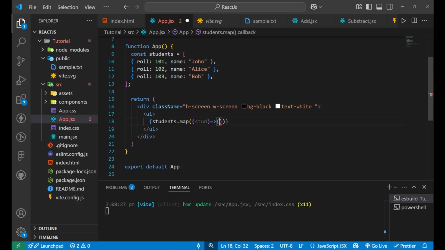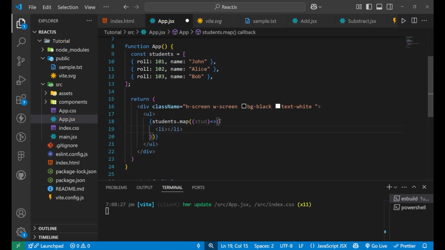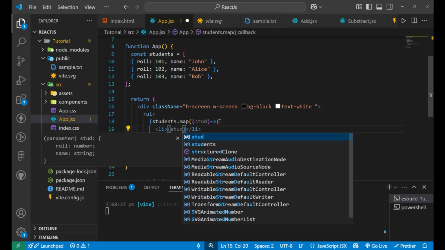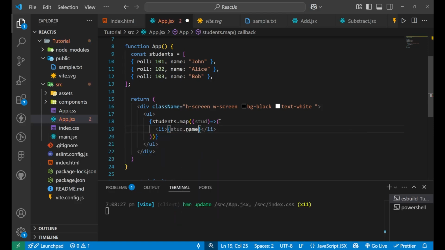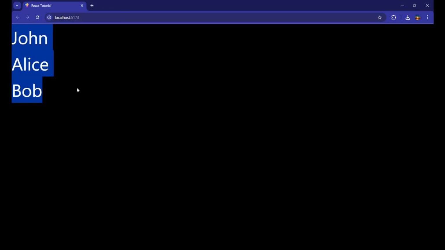Now inside of this, I'm going to create a list item, and the list item will carry stud dot name. So if you go to the website, you can see I'm having this three information here: John, Alice, and Bob, the three names. Now if you go to the console,